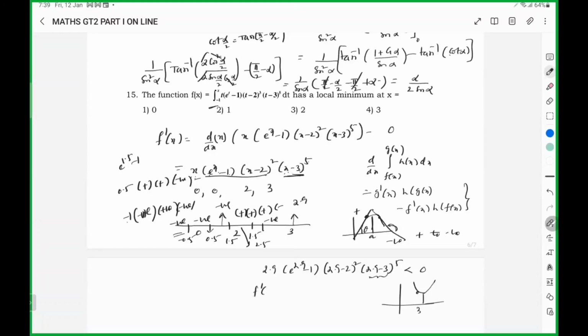F dash 3 minus negative, which indicates obtuse angle. F dash 3 plus will be positive. So that means decreases and then increases, at x equal to 3, f x attains minimum. Answer is